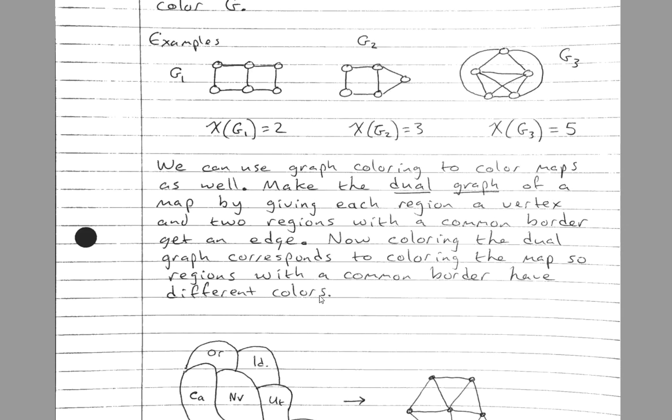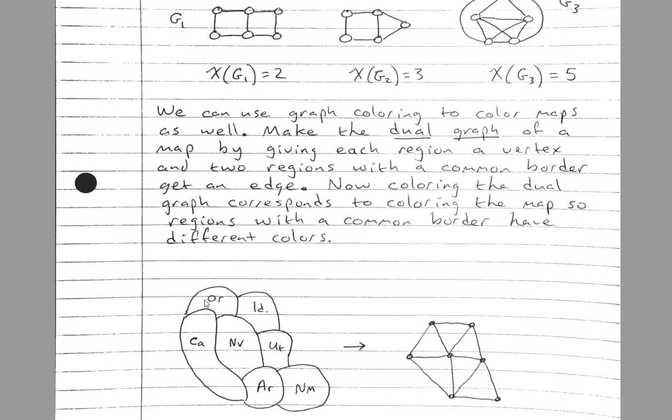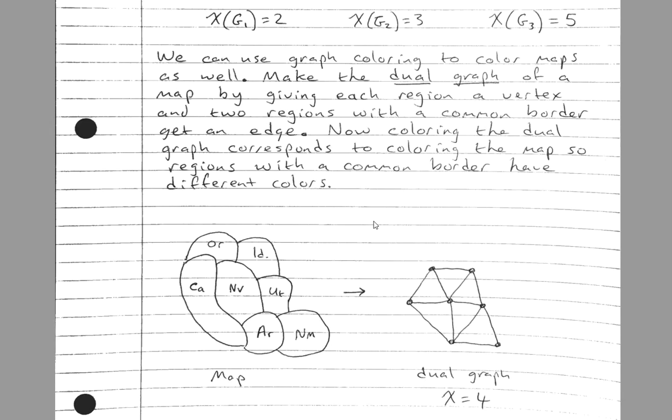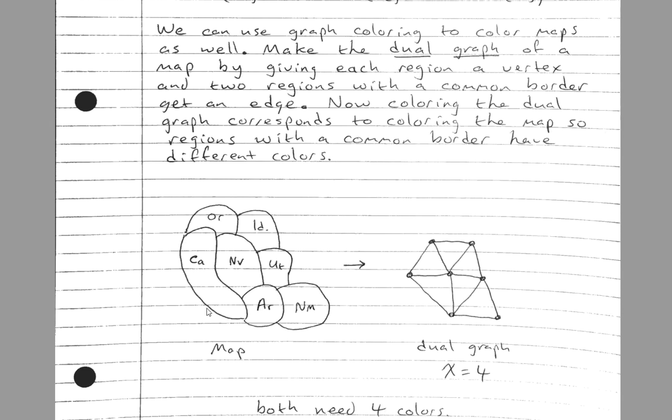You don't want two regions with a common border to be the same color, or it'll look like it's the same region. Here's a few states on the West Coast. If you want to color these,